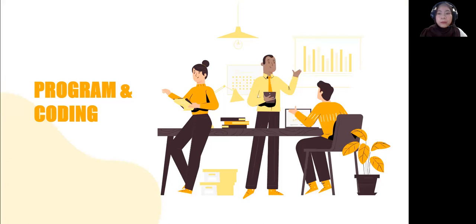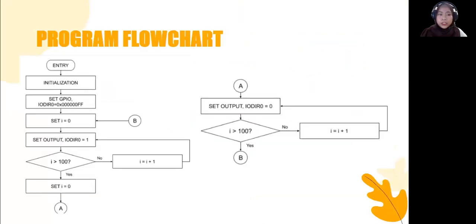So as for program and coding, this is the program flowchart. First of all, we initiate everything in this program, and then we set the GPIO, which is the input output direction 0, as 0xFF address, and then we set the I equals to 0, and then we set the output as 1. So this output will be connected to the LED. So as we set it equals to 1, the LED will be turned on,